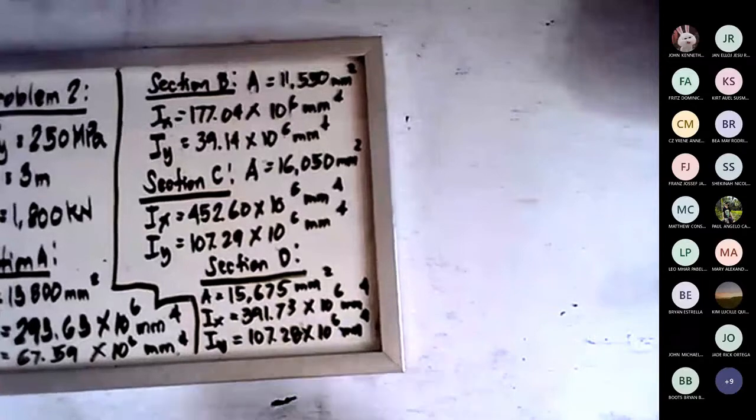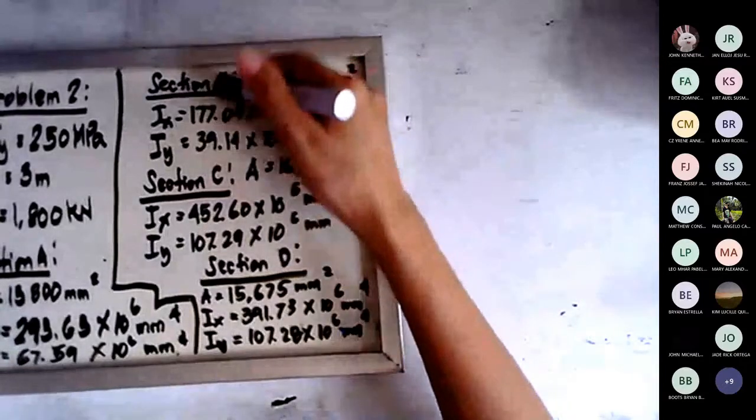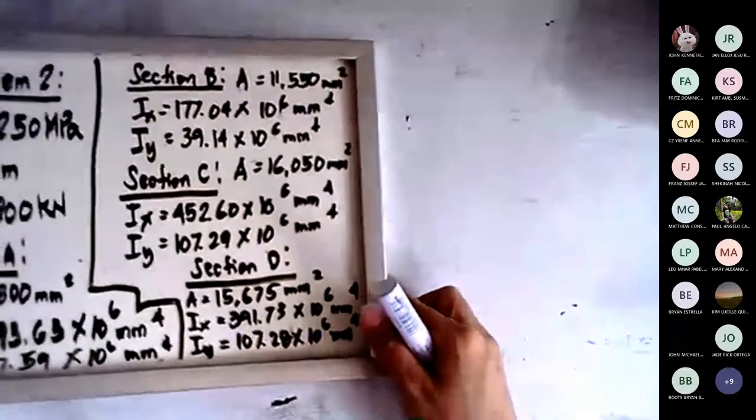Let me begin with section A. Then the rest, kayo na yung mag-solve dun sa iba. Then you choose. So for section A, we are given the properties. The section A is,